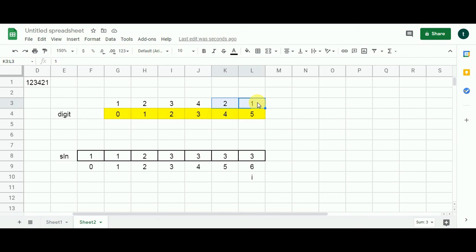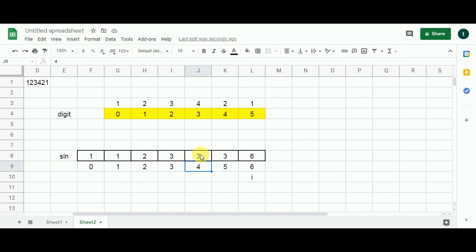That means we have a new decoding over here. So what we are going to do in this case, 3 will be added to the value of I minus 2 in the solution array. So I minus 2, 6 minus 2, is going to take me here. Here the value is 3 and 3 plus 3 is going to give me 6 and this is my answer. Now let's expand this subproblem so that you understand this dynamic programming solution completely. So what we did, we added the 3 over here to 3 over here.